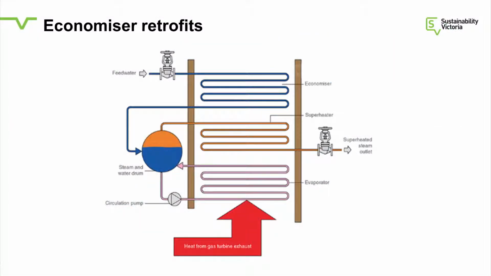So if you've got feed water coming into the boiler, even though that's hot, you can pressurise it and heat it up to very high pressures and feed that into the boiler. So you can typically get another 4, maybe 5% energy out of the lost energy. So for example, if the boiler is 80% efficient, you'll get 84% if you put an economiser on the exhaust system. And again, most new boilers, because of what's happened with gas pricing,